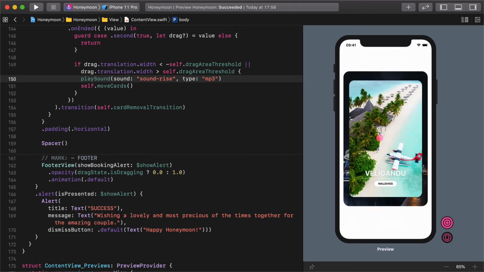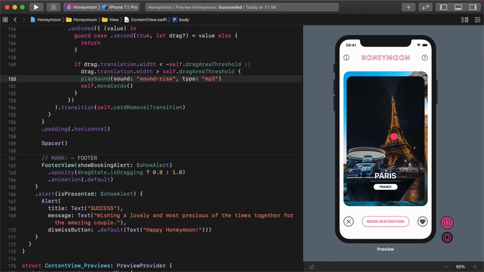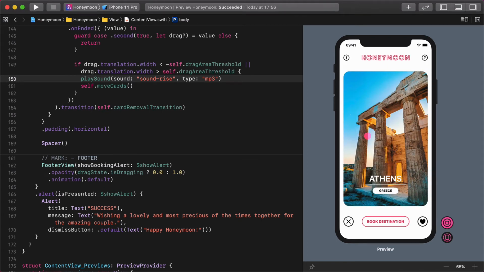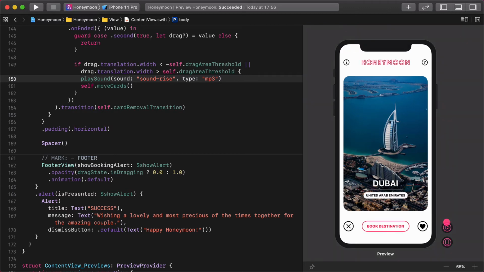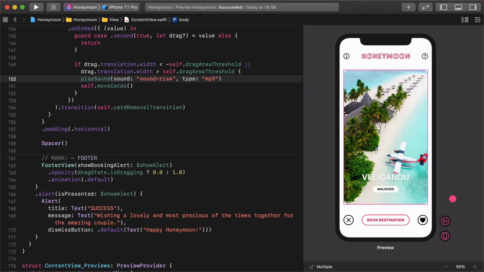Let's see, we should hear the chime sound when we throw away a card. Nothing happens. Our sound function is definitely not working as it should. What's going on with it? According to the Swift compiler, our code is not broken. We can even run the test in the live preview.